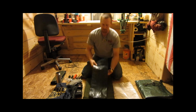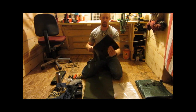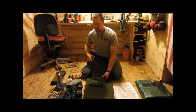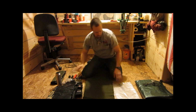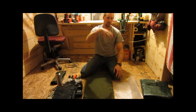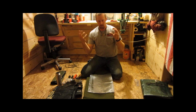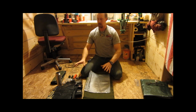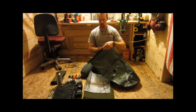I've had that thing for a long time. Now I also have two 55-gallon drum liners. They're 3 mil, the construction grade liners. I have two of them in there. More micro infernos, and that's pretty much it. And that goes inside my ruck, so I'm not too concerned about tearing the bag and stuff like that. If I'm carrying this stuff external in my bag, I'm using one of these heavy duty